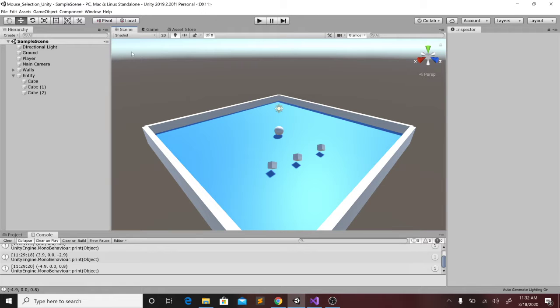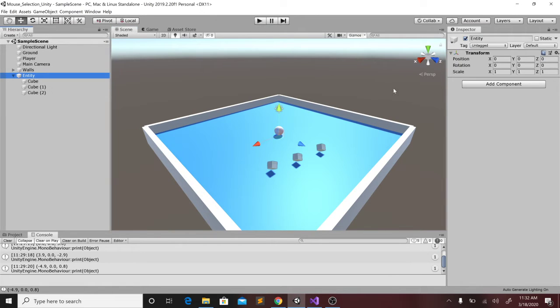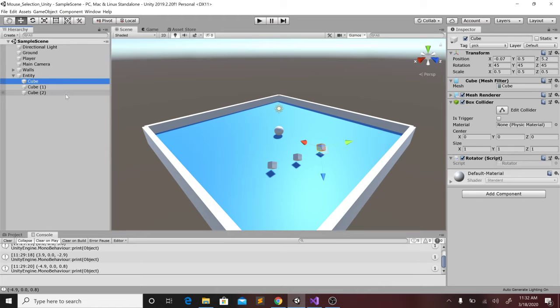So here I have an empty game object called entity, and I have three entities, three cubes as three entities. Now we want to select any of these entities through the mouse, and we want to show that we have selected the entity by changing the material of the selected entity. To do that,